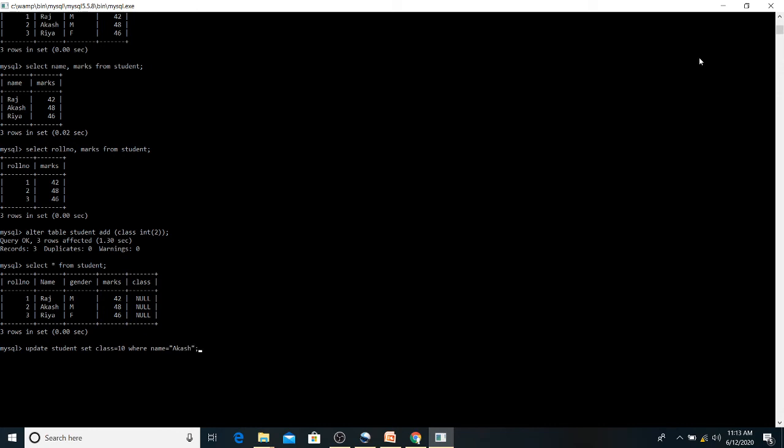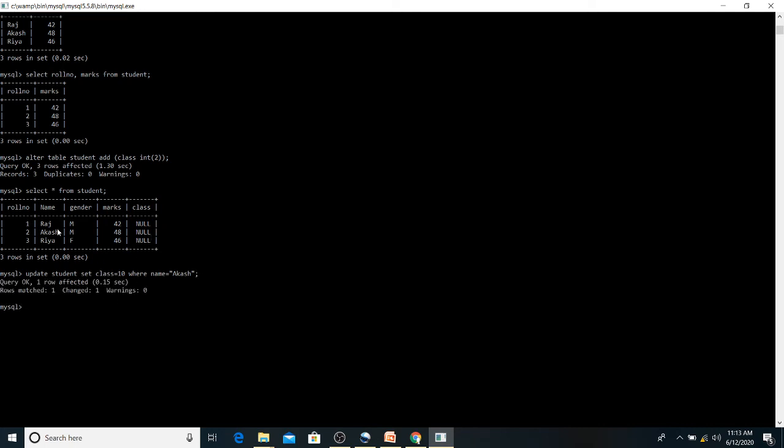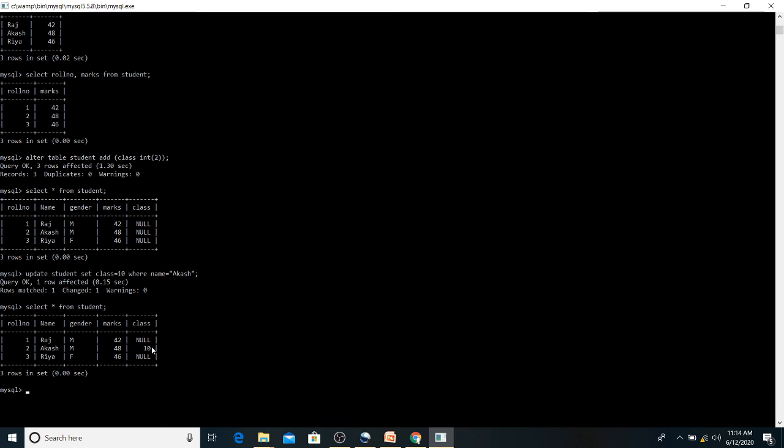Now see what this command will do: update student is a command, set class equals to 10, where the name is Akash. Wherever the name Akash is available in this table, we have to set class to 10. So when you enter it, the record is updated, and when you run select star from student, you will see the class is added here.